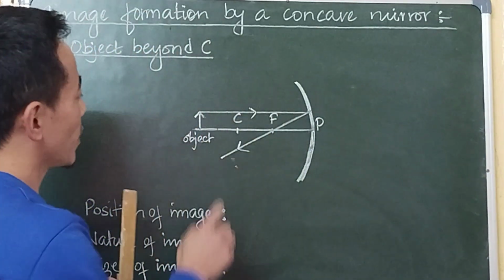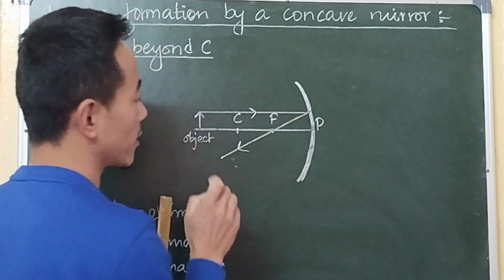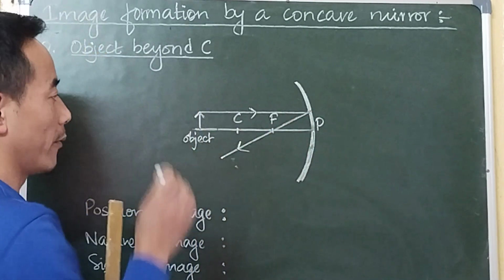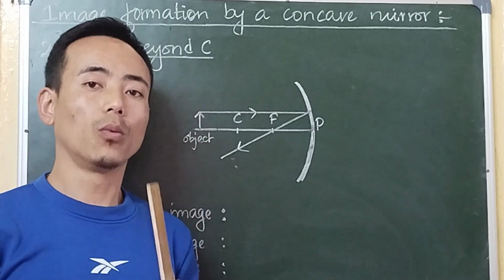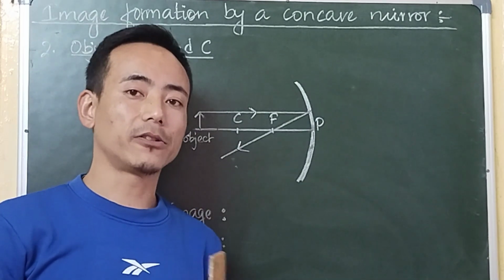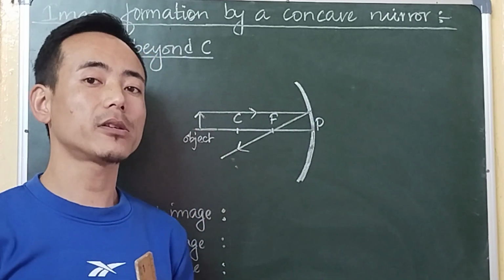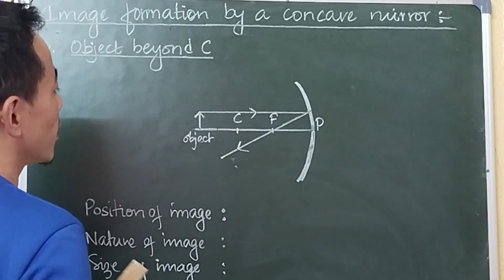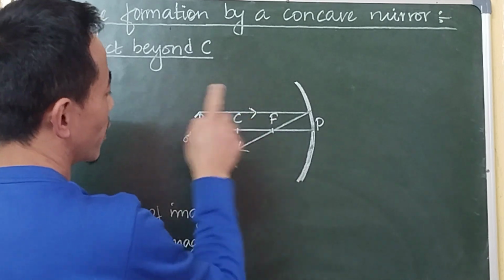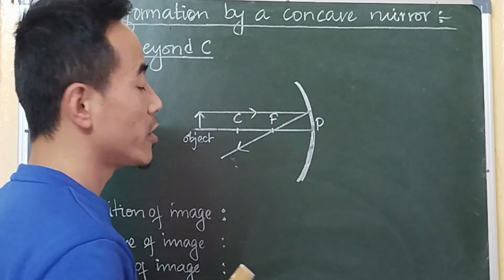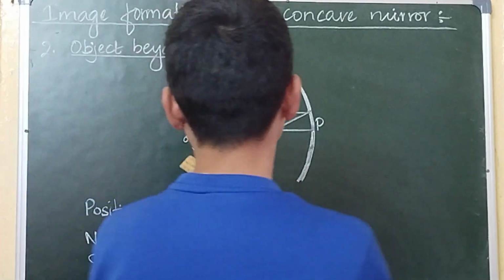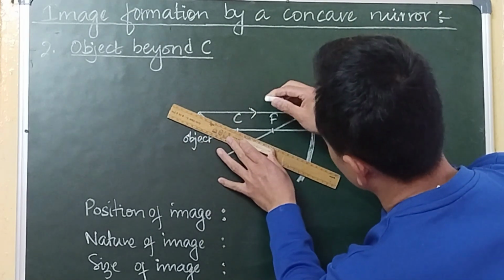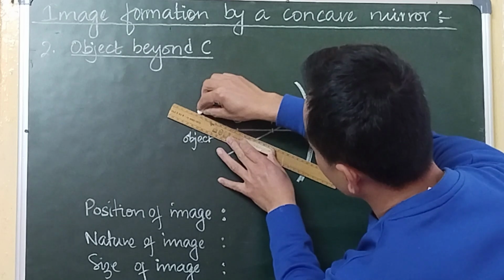So for this first incident ray, which is parallel to the principal axis, after reflection the reflected ray is passing through the focus F. So here we have used rule number 1. Now we need the second ray so that we can see where the reflected rays will intersect. So for that we will use rule number 3, which says that if the incident ray passes through the center of curvature, then the reflected ray will retrace the path, right? So let's consider another ray coming from the object, and let's say that the incident ray here passes through the center of curvature